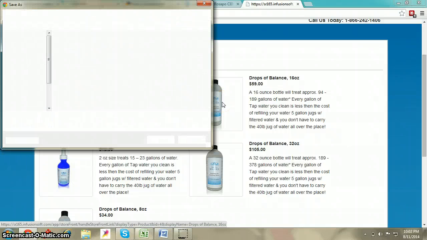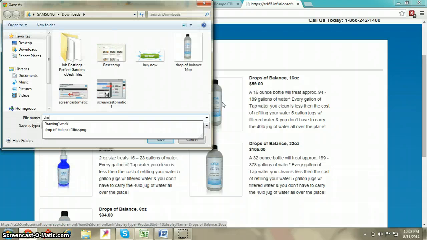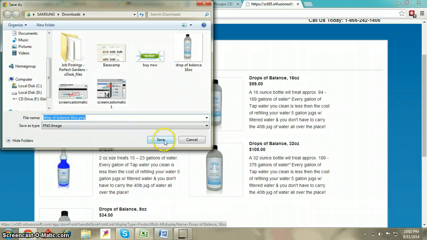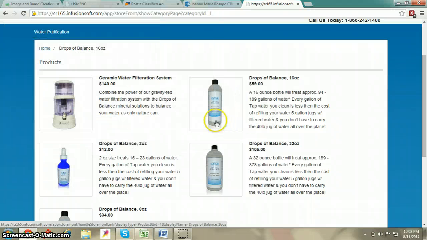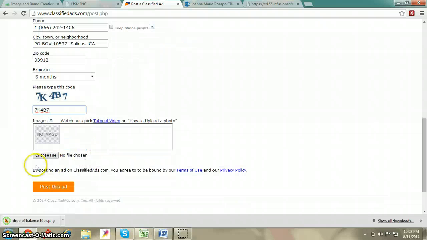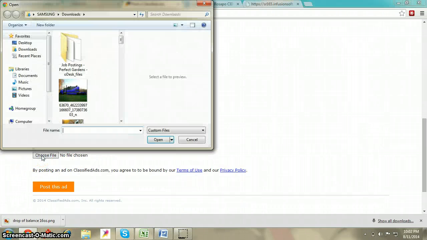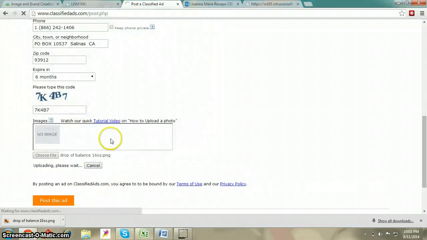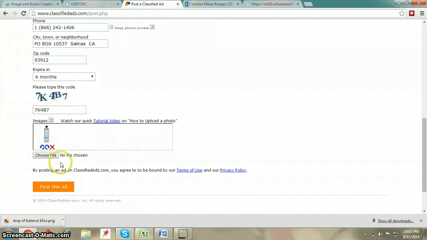Let's save it as Draft of Balance 16 ounce. Let's choose a file. Okay, let's wait until it's successfully uploaded. You can remove this to replace it with another, or you can rotate it clockwise or counterclockwise.